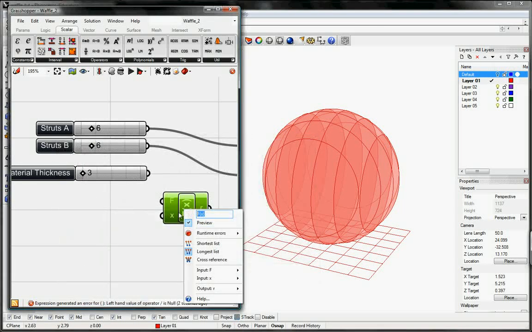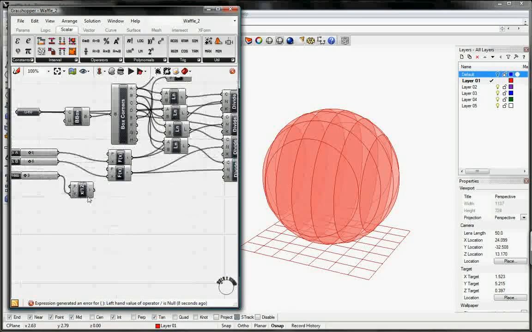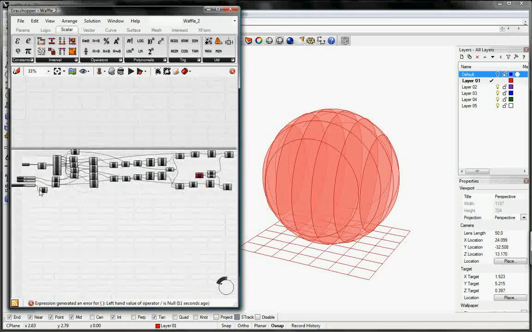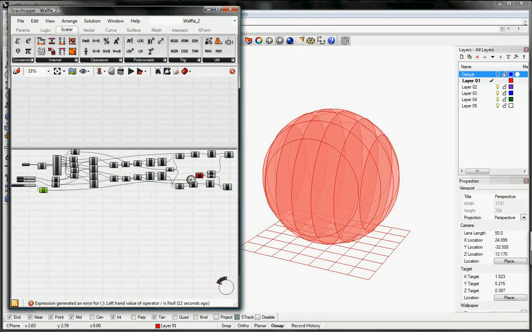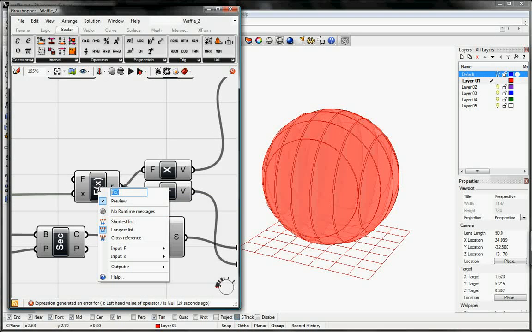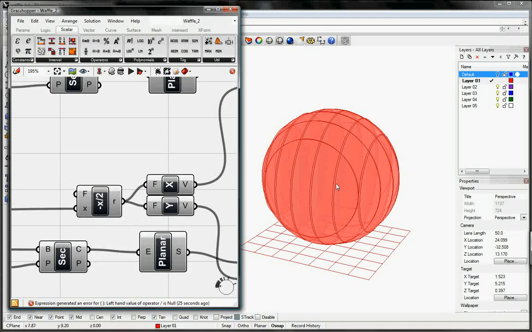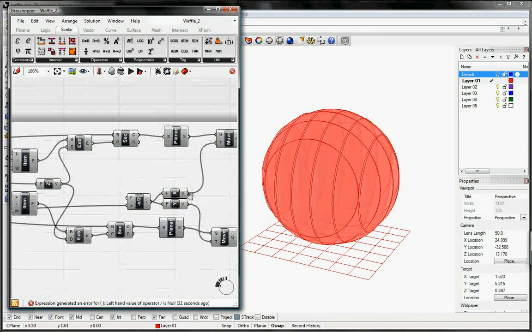And just so you don't forget, we could do x over 12 on the renaming it, and then from there we'll set that into the function, which was negative x over 2. And you can see that that's not extruding it, but moving that plane half of our material thickness